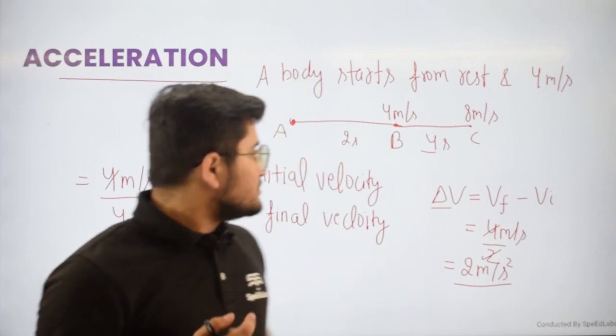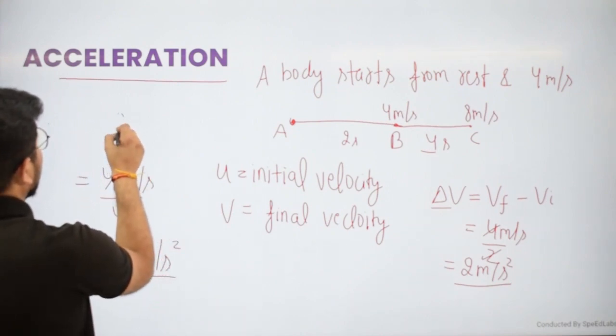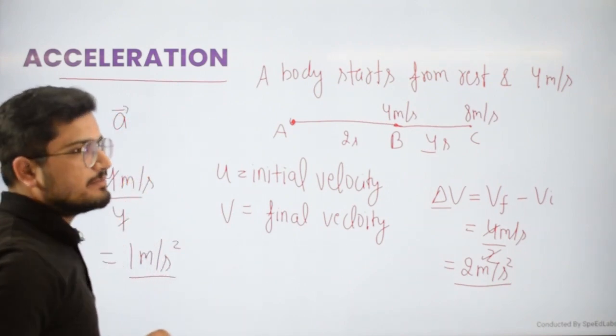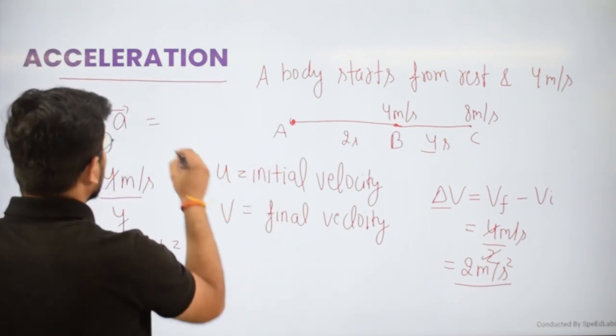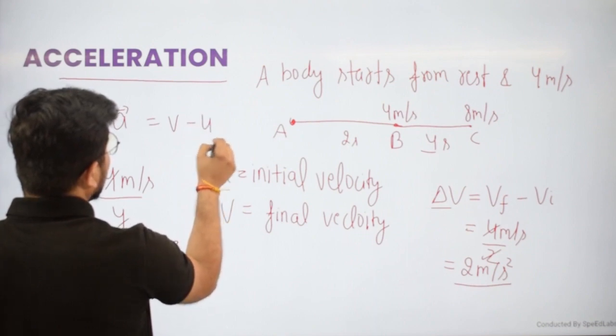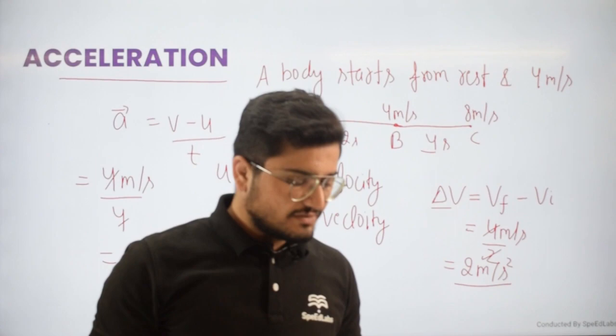Okay, so I hope right now you know about acceleration and how we can find it. Acceleration is a vector quantity. So final velocity v minus u upon t, you can find the acceleration. So I hope